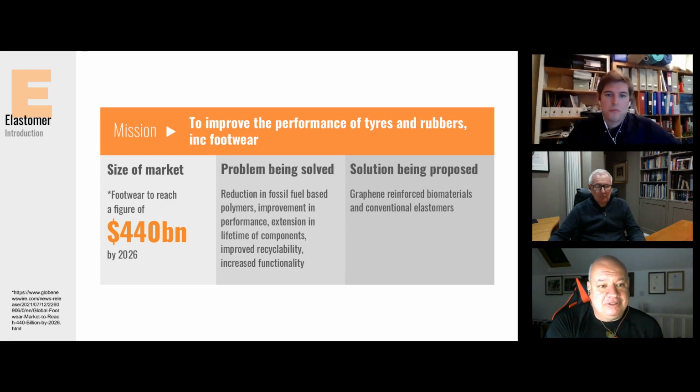So elastomers are the rubber type products that we use, everything from the soles of your shoes through to the tires on your car. And it's a big market to go at. It's a relatively traditional industry. Not a lot's really happened in it for a long time, and now we're coming along and challenging what needs to be done as a result of things like the COP26 that we spoke about earlier, but also the requirement from consumers and from manufacturers to get better performance out of what is one of the last kind of black arts really in terms of automotive and aerospace.